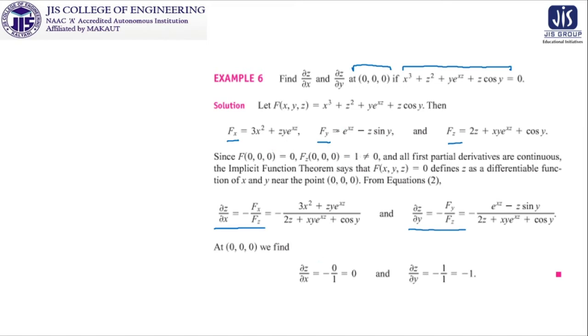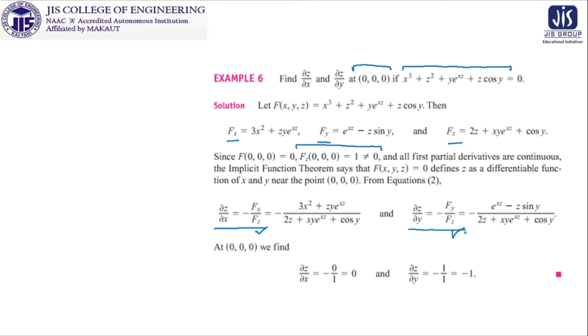So what we say is that del z del x is equal to minus fx by fz. So fx is written, fz is written. Similarly, del z del y is minus fy by fz. So fy is written, fz is written. Now finally only one thing is remaining, that at (0, 0, 0) we have to find the value. So we have to substitute the value of (0, 0, 0) in the corresponding cases, and obviously we have already checked that fz at (0, 0, 0) is equal to 1, which is not equal to 0. That means this division is possible, because it was the requirement of this particular theorem in both the cases. The denominator has to be not equal to 0, then only we can find it out.